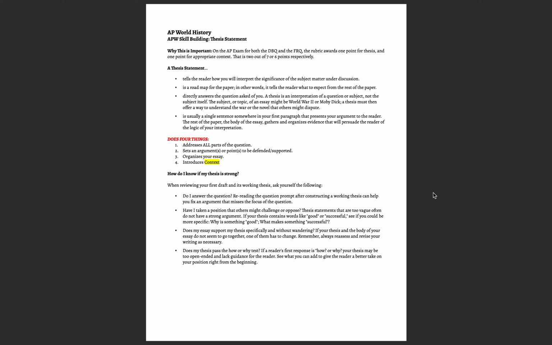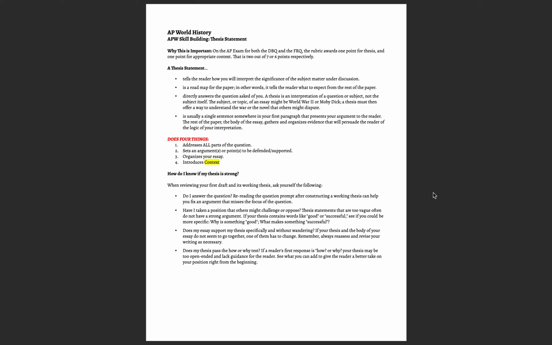Hey everyone. Okay, so in class today, you're going to be practicing thesis statements with context. Since I'm not there, I wanted to go over what that looks like. On Canvas, you'll see that there's a handout that says thesis statement, and there's another one that says context